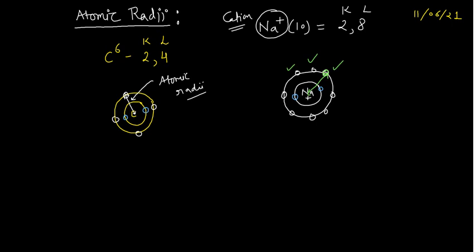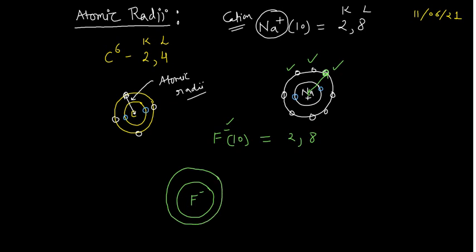Now say you have another thing, for example fluoride, F negative. Fluorine is having the atomic number of 9. Now it is having 1 negative charge, so it will have a total of 10 electrons. Again the configuration would remain the same, that is 2, 8. If you want to draw this one, this is F negative, this is the nucleus of the fluorine, this is the K shell and this is the L shell, and again you can fill the electrons on it, 1 and 2, and the remaining 8 electrons, 1, 2, 3, 4, 5, 6, 7, 8. So this is an anion.